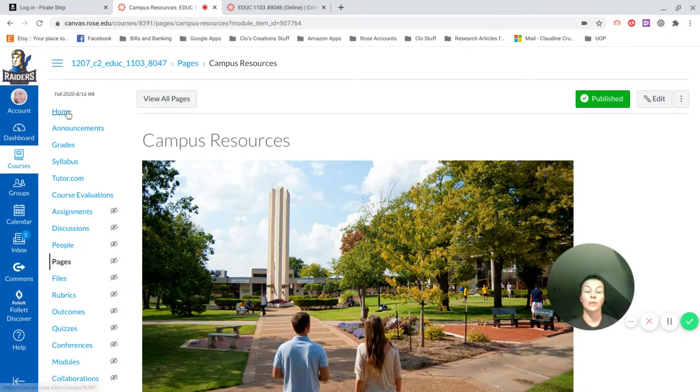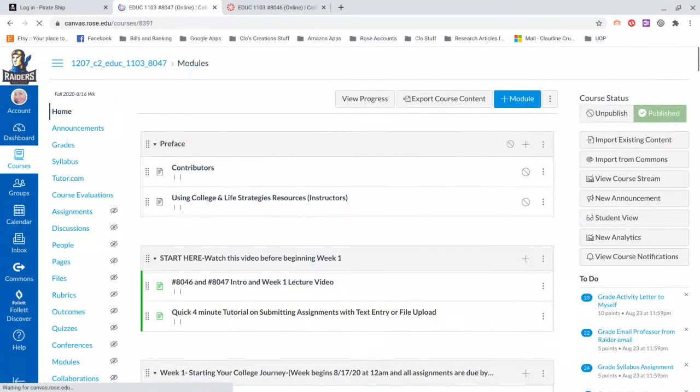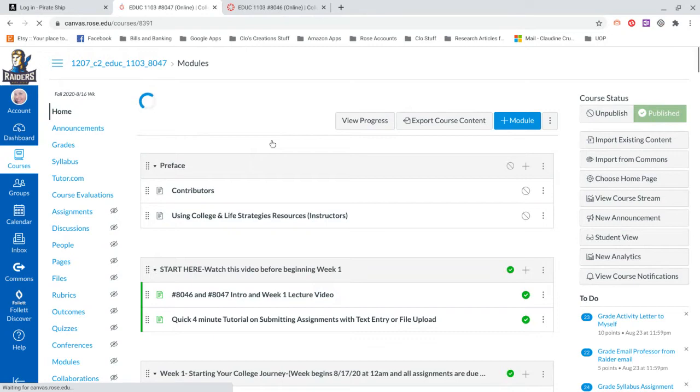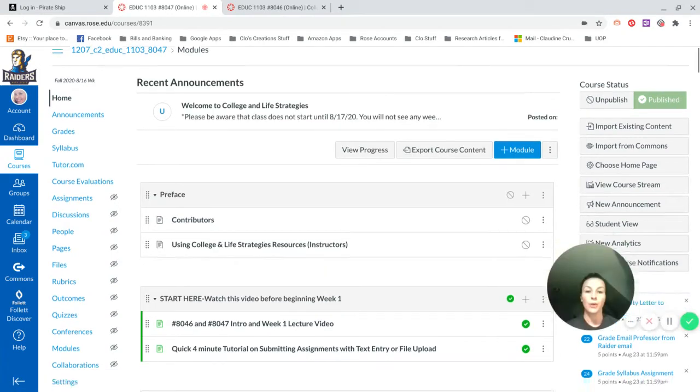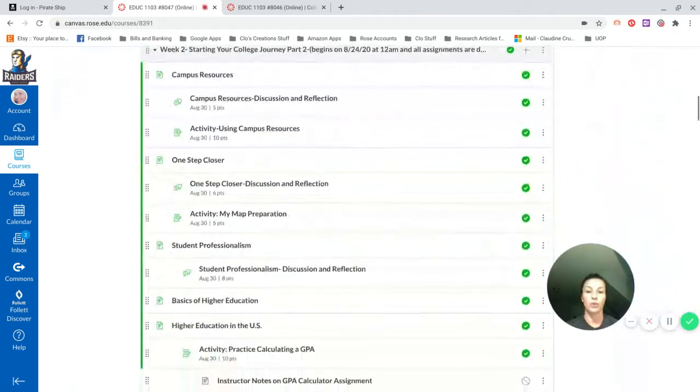And a lot of them were really interested in trying to use some of those resources once they learned about them. So that's why we go over this and we do this exercise in reading. So please make sure that you click on that link and read through the campus resources, because when you do these 2 activities that go along with the reading, you're going to want to be familiar with the resources that are available